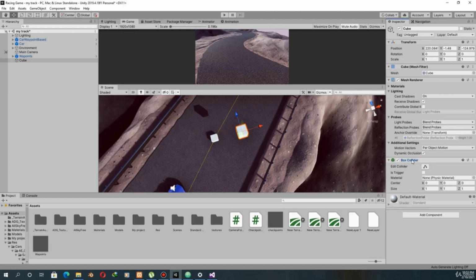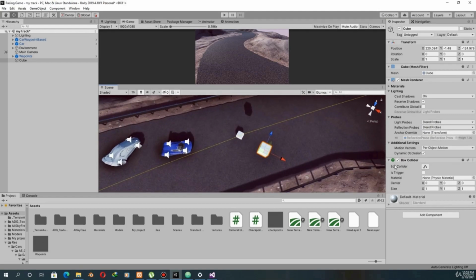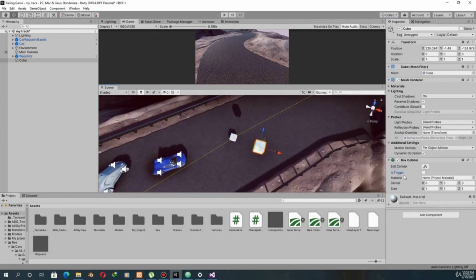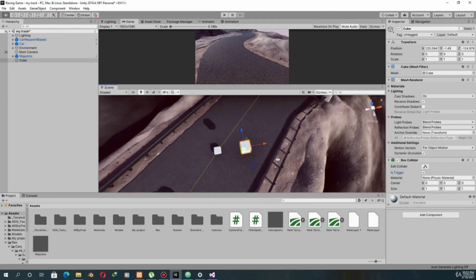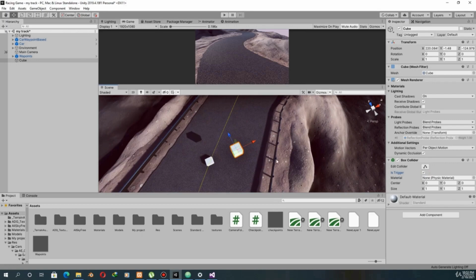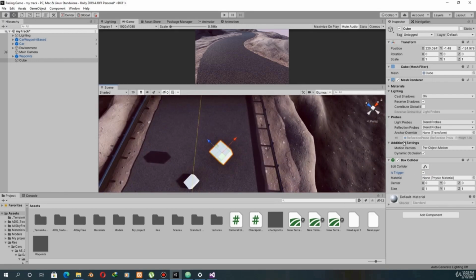Now you will not turn off the box collider, because we need to detect the collision, and it will not be an actual collision. We want is trigger on. Now the car will be able to pass through this cube, and I will make this checkpoint bigger.